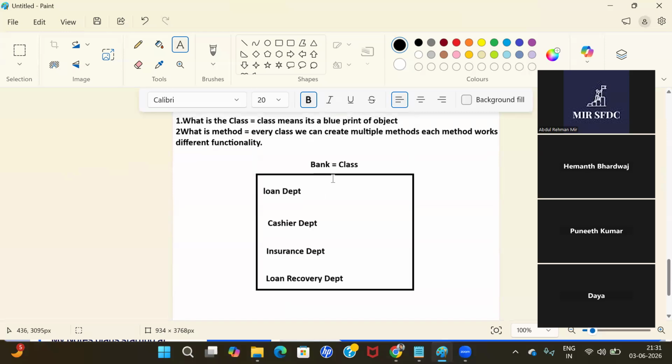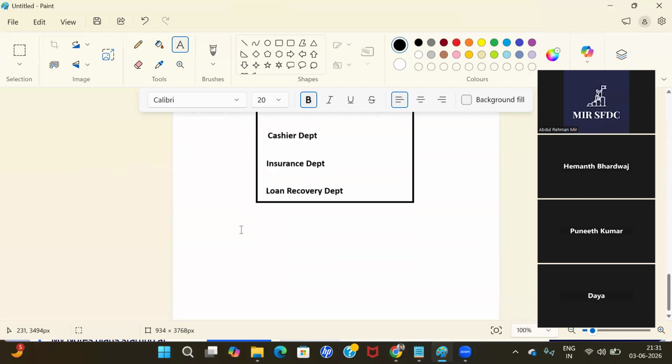So, what is the class here? The class is a blueprint of an object, and in every class we're having different methods. Each method will work with a different functionality. Okay, now